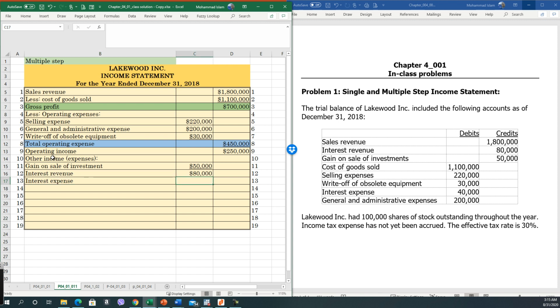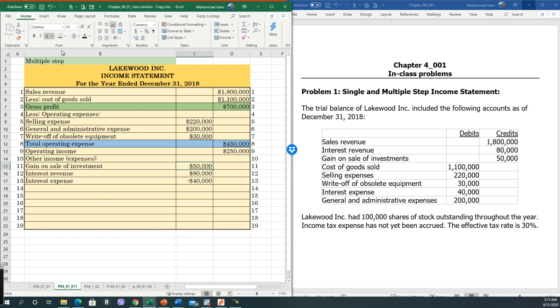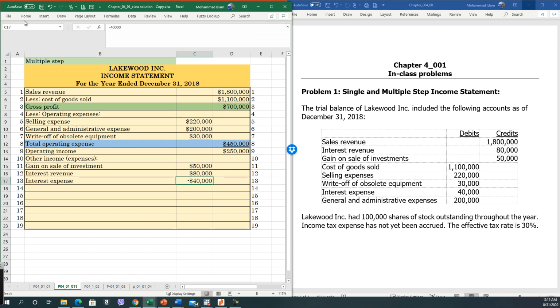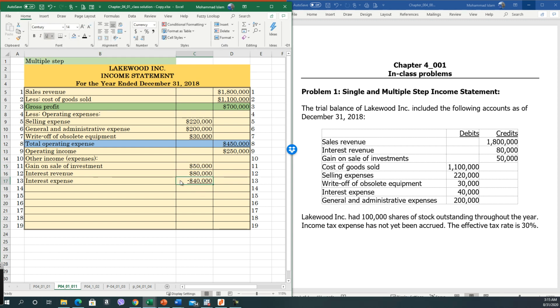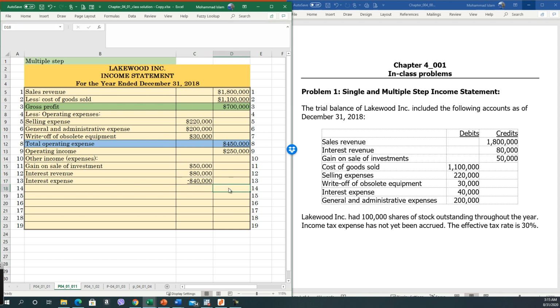To write the interest expense, we use the first bracket parenthesis, which gives us the negative sign. Underline this one, and it should be this one plus this one plus this one. Okay, 90,000. So this is our total